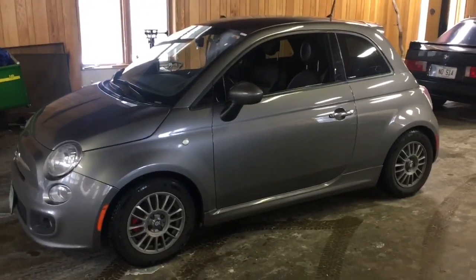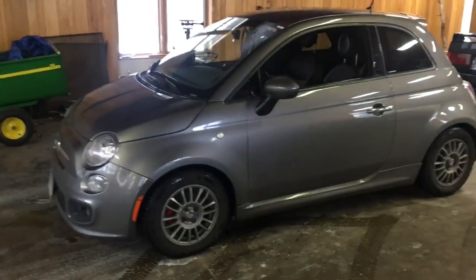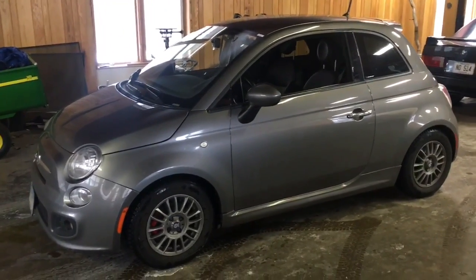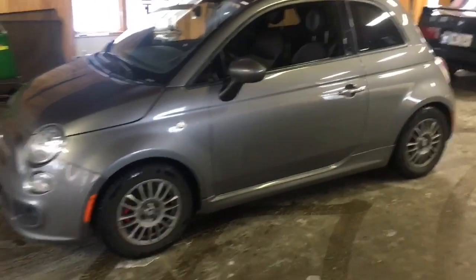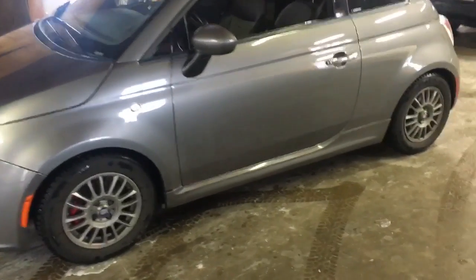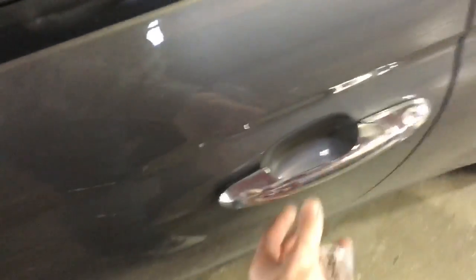So today, it's again kind of continuing with the DIY stuff, and I'll get back to the M3 in a little bit here. But I've got a 2013 Fiat 500 Sport. These cars are sold around the world about 2008 to present, and in the United States, North American market, 2012 and up. They have kind of an issue with the outside door handle from time to time, where the front hinge will actually